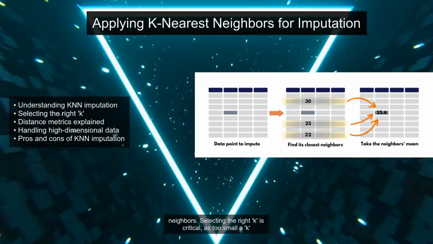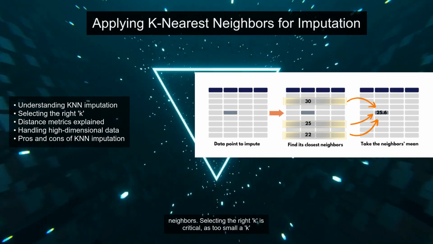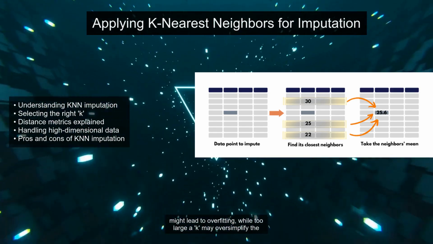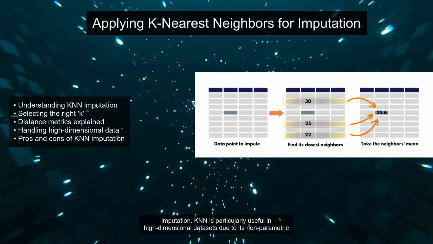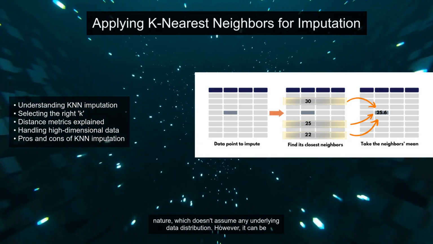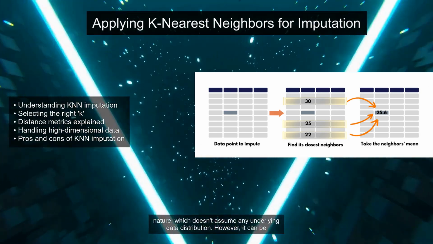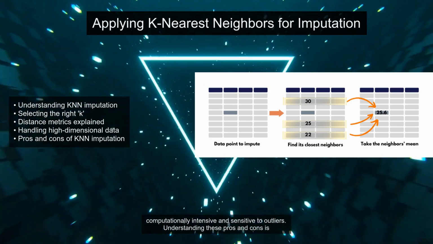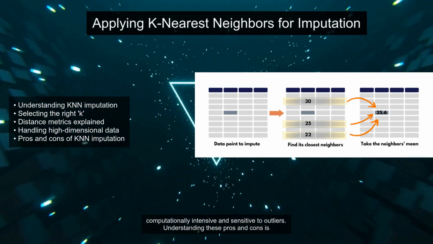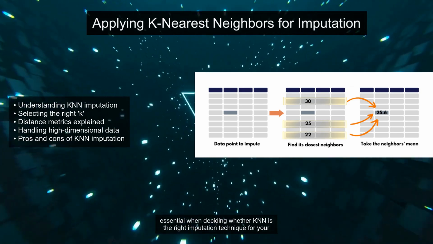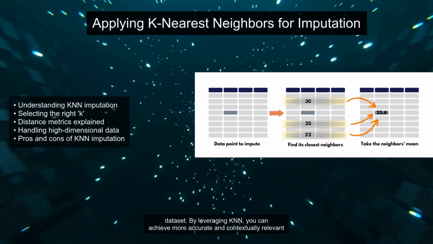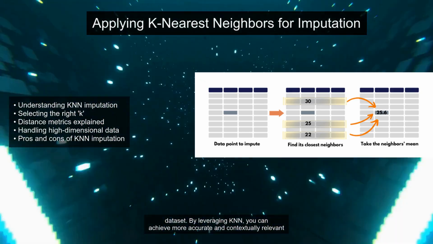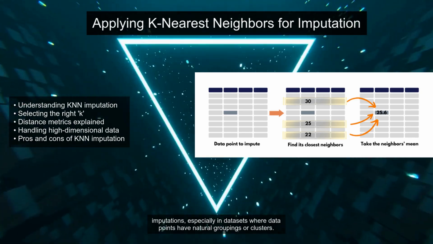Selecting the right k is critical, as too small a k might lead to overfitting, while too large a k may oversimplify the imputation. KNN is particularly useful in high-dimensional datasets due to its non-parametric nature, which doesn't assume any underlying data distribution. However, it can be computationally intensive and sensitive to outliers. Understanding these pros and cons is essential when deciding whether KNN is the right imputation technique for your dataset. By leveraging KNN, you can achieve more accurate and contextually relevant imputations, especially in datasets where data points have natural